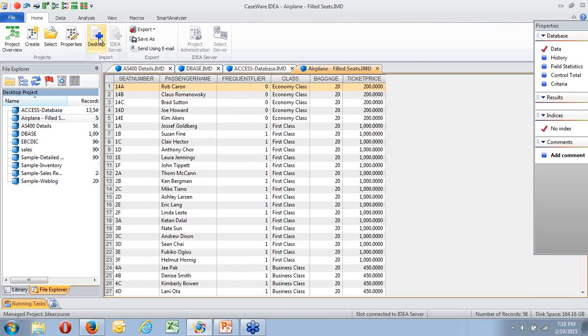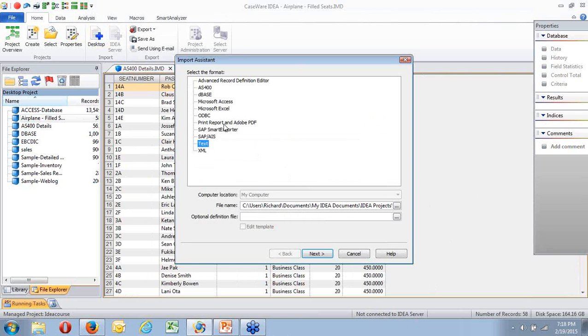What else can we bring in? Well, we can bring in things like print reports. Now, print reports we're not covering on this particular webinar. The reason I'm not covering it, we cover it on webinars 5 and 6, because that is very, I won't say complicated, is very fiddly, and it takes more than 2 hours to cover just that section. We can also bring in from SAP Smart Explorer, SAP AIS. I don't have any files on here as examples, so I can't really bring them in. We brought in text. We can bring in XML.